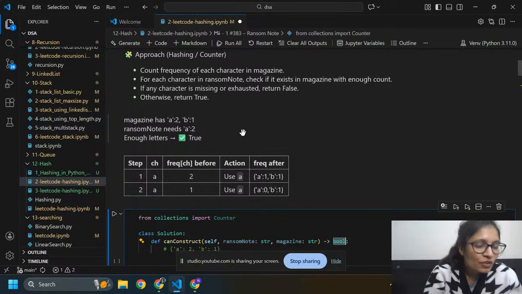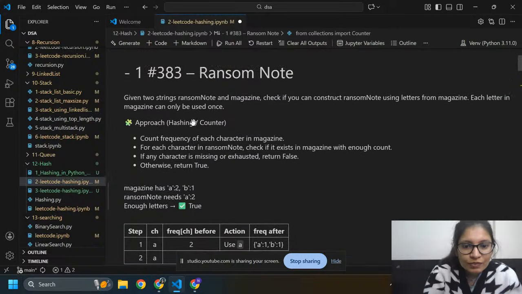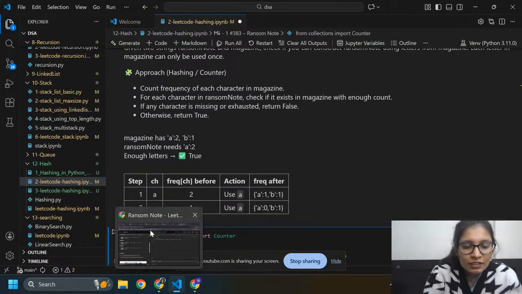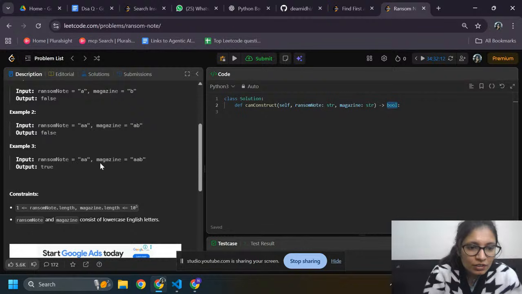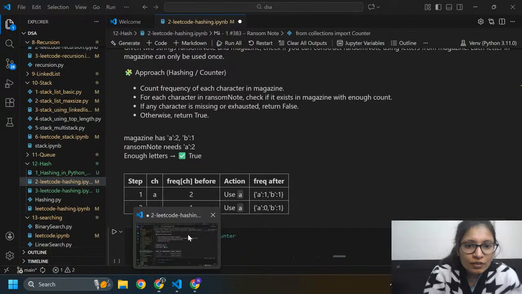Here I'm going to count the frequency of magazine. We have two letters in magazine, that is a and b. A's frequency is 2 and b's frequency is 1, because a appears 2 times and b appears 1 time here.